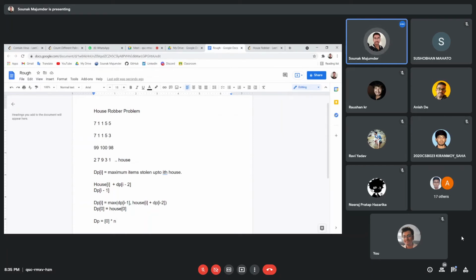At any moment we are only checking either the I minus 1th or I minus 2th house. There are not two variables, only one variable is concerned at this moment. It's a one-state DP.